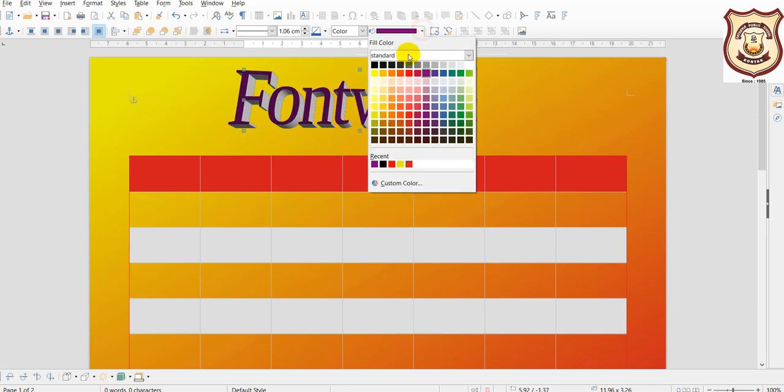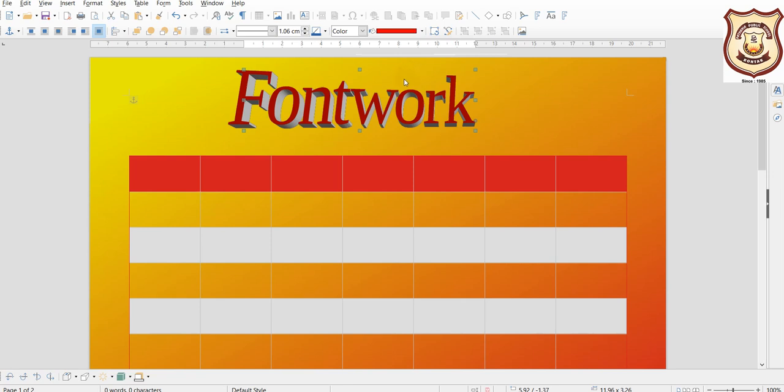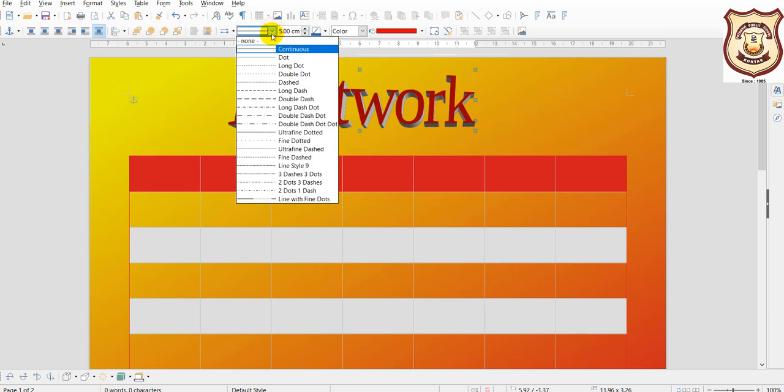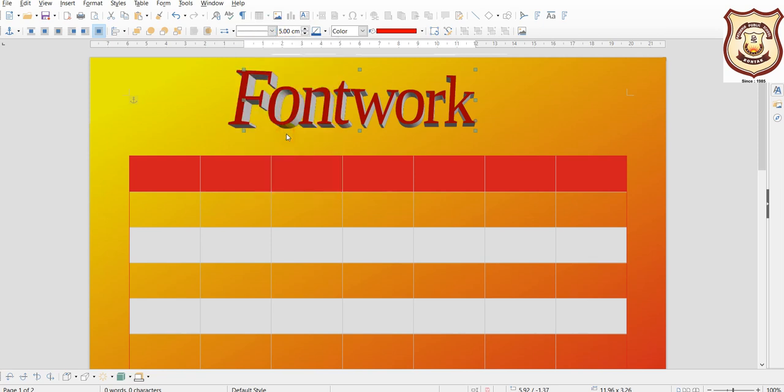Like if you want it to be red color, that is also fine. And if you want to increase the thickness also, this may work. Okay, and if you want to change the style, fine, this way it will look ultimately.